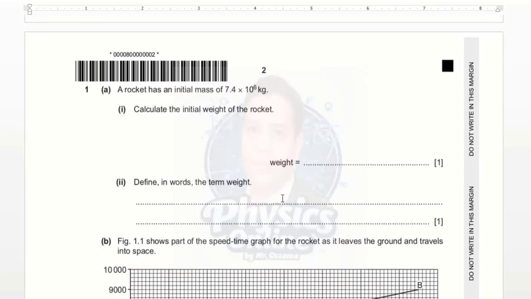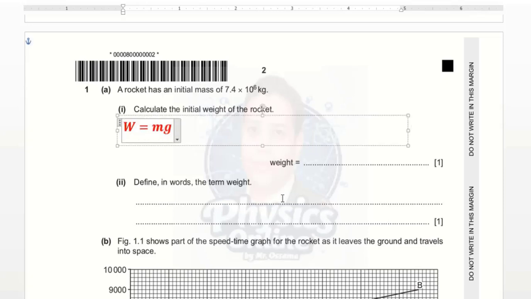Question 1. A rocket has an initial mass of 7.4 times 10 power 6 kilograms. Calculate the initial weight of the rocket. The weight equals mg, mass times gravity. Mass 7.4 times 10 power 6, gravity 9.8,